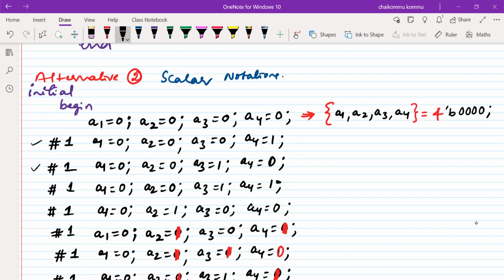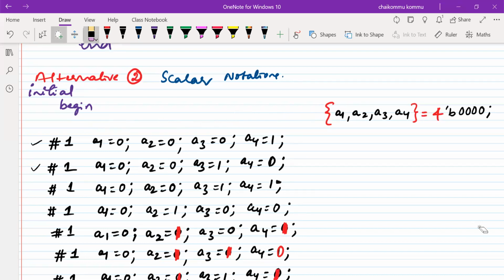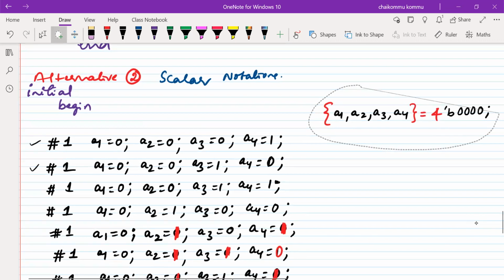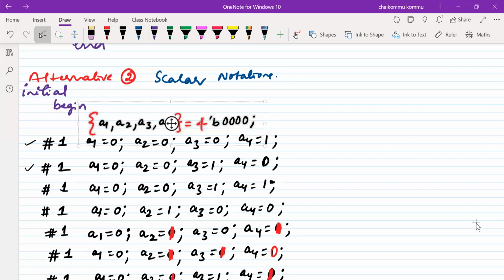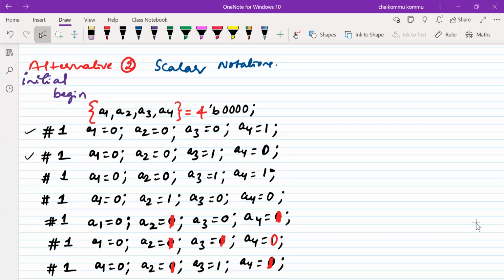Therefore, instead of writing this particular statement, this is the one I'm going to use. Is it clear? Similarly, what we can do here is the next one.